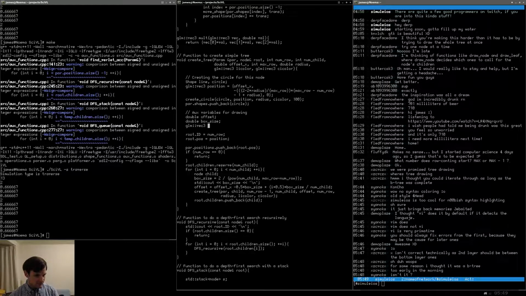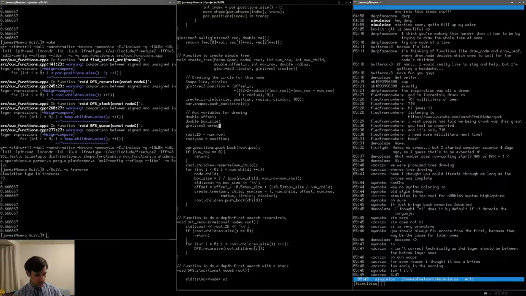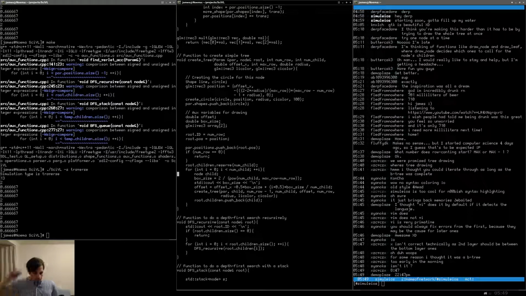Okay, so let's do glm vec3, and we'll say, what am I doing? glm vec3 array is what I'm going to call it, and it's going to be of size 2. Okay, so we're going to fill the array every step down here, and basically draw